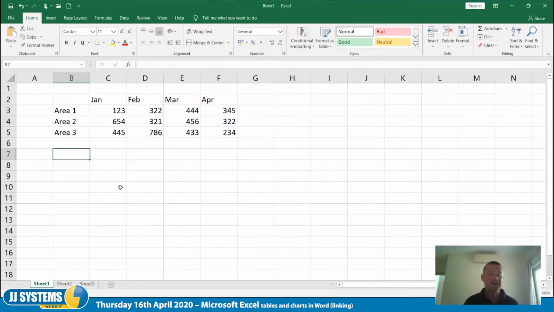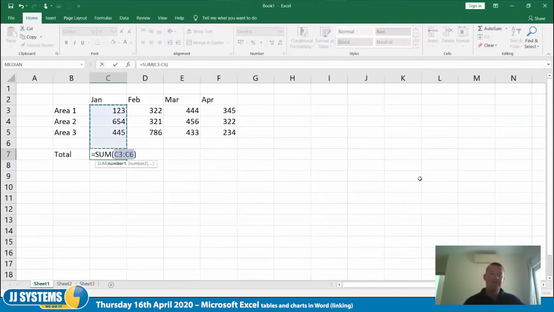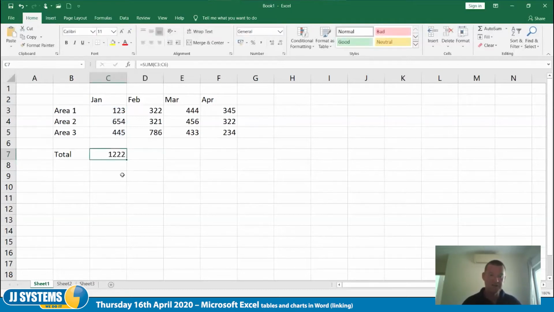So finally I'm going to put a total in the bottom. And of course I can use AutoSum for this, or I could just type in the sum function. But I'm feeling lazy, so I'm going to go with the AutoSum. I click on the little Greek letter sigma, and it's guessed the sum. In this case, it was correct. I'm going to hit return. The sum function returns a total. And if I autofill that across, I've got myself a nice little basic, simple spreadsheet,